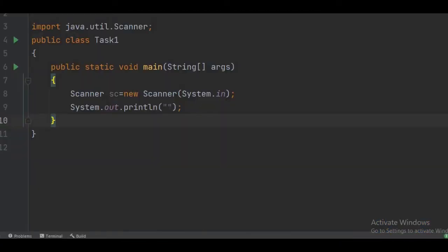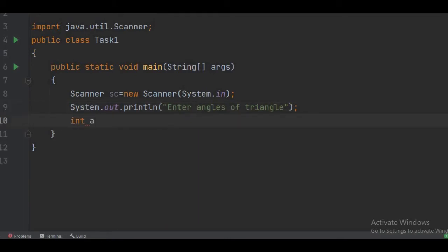Yes, and here we have to write, enter angles of triangle. And here we have to declare three variables.